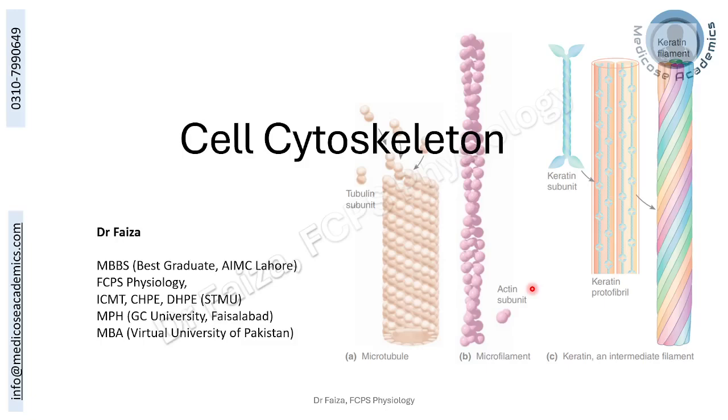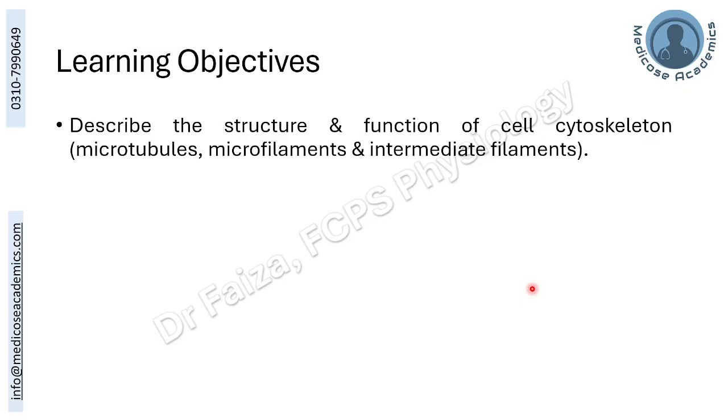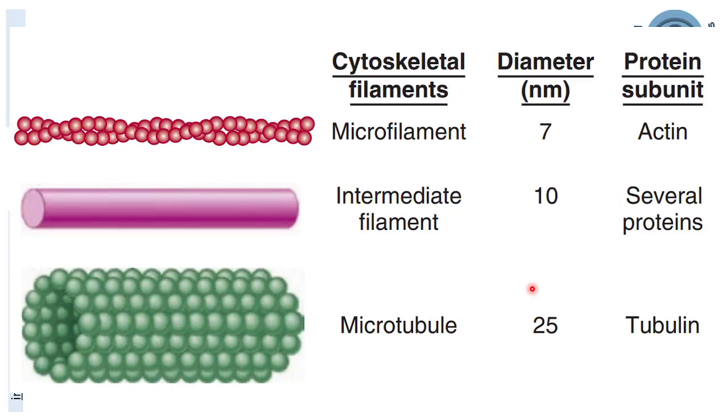Cell cytoskeleton. This majorly acts as a scaffold for the integrity of the cellular structure as well as many other important functions. The cytoskeleton is of three types, including microtubules, microfilaments, and intermediate filaments. As you can see, the microtubules are largest in diameter, microfilaments smallest, and intermediate filaments are in between these two.